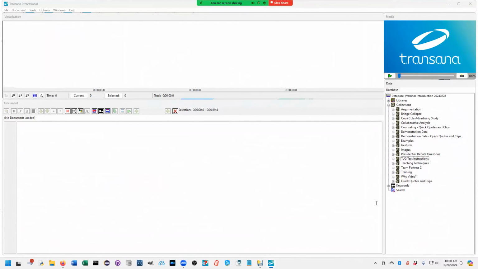Let's now move on to making sense out of data. Transana provides a whole host of reports and maps and graphs and searches that are used in that process of, once you've got your data in Transana and you've got your transcripts done and corrected, and you've created your selections and you've coded them and you've categorized them, there's this kind of next step of making sense out of the data